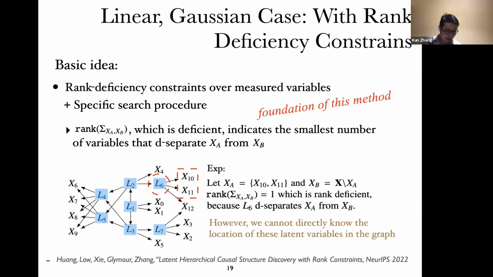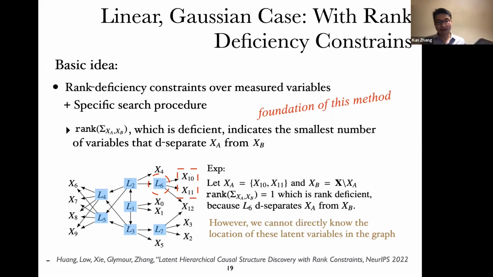And I just talked about the linear non-Gaussian case. The linear non-Gaussian setting is very interesting because it is clearly more informative by making use of higher order statistics. However, at the same time, we know the higher order statistics could be very sensitive to large values, right? And in many cases, you may just want to make use of the second order statistics. So now let's have a look at what we can do in the linear Gaussian case by making use of only the second order statistical information in the data.